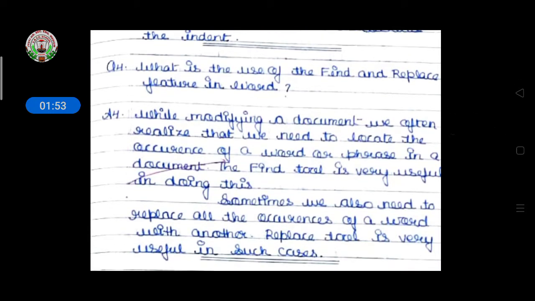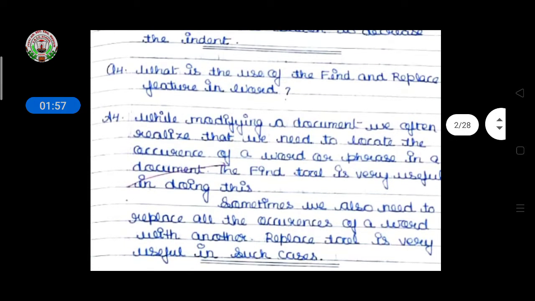Then what is the use of find and replace features? Find and replace features means, suppose the find tool. Suppose you had written 2 or 3 paragraphs, and you have to find some word, that means you have to find in which paragraph you had written that word, and it is difficult to find. There you have to click on the find tool.